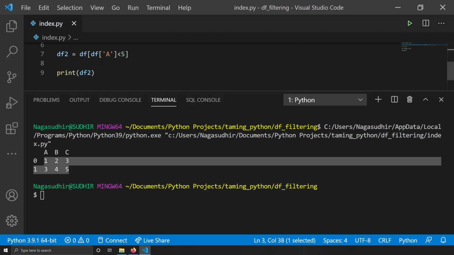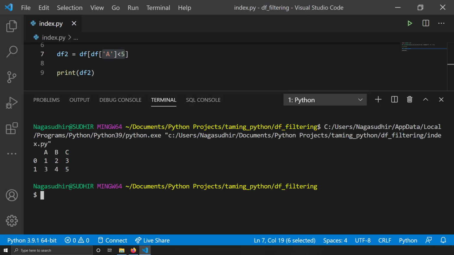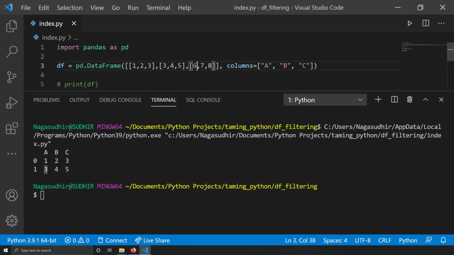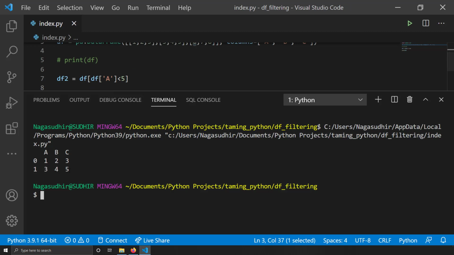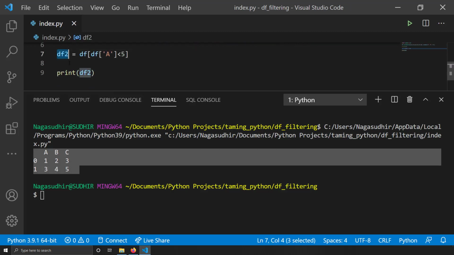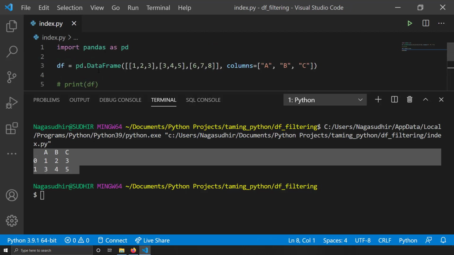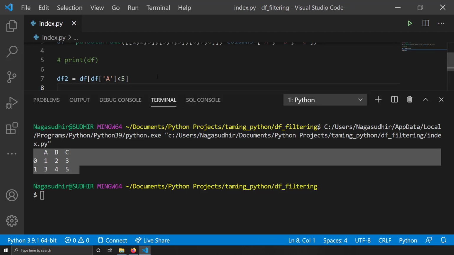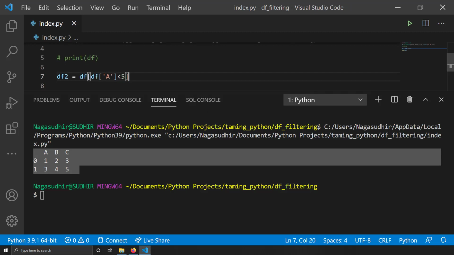But my condition was df['A'] < 5. That means the element in the A column should be less than 5, but in the third row it was 6, so it is not qualified, and hence it did not make it to the filtered data frame, which is df2. So this way I very simply filtered a data frame based on a conditional statement.